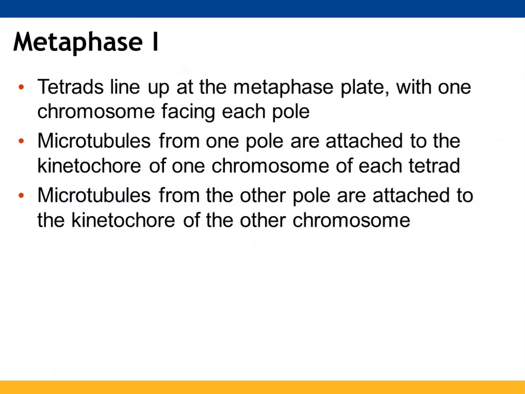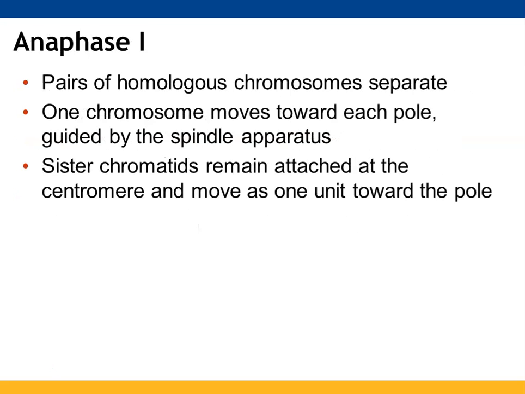As I said, in metaphase, the tetrads line up. You're going to have a homologous chromosome facing each of the two poles. You're going to have the kinetochore microtubules grab on to the kinetochores attached to those homologous chromosomes. And then you're going to have one attached to each homologous chromosome from each of the poles, each of the centrosomes that is at the opposite ends of the cell.